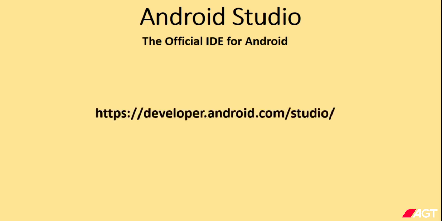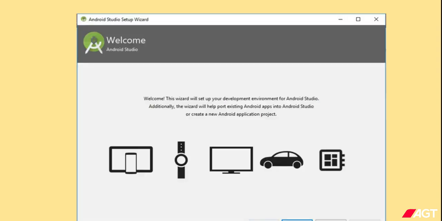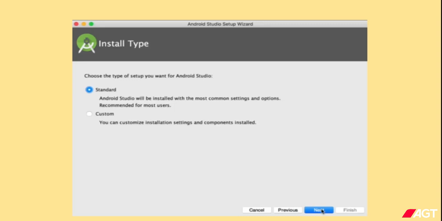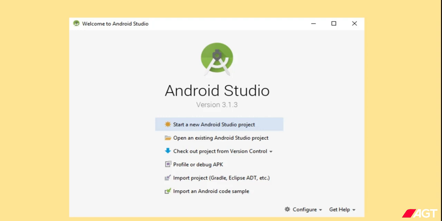Now you can download this application from the link that I am showing on my screen. Once you download the Android Studio, you run the installer. You will be asked whether to import the settings from a previous version of the Studio. In my case, I didn't have a previous version installed on my system. Click Next. Then you select the install type, and in my example, I have used the standard install. Once you verify the settings, the installer will download the latest SDK components and the emulator itself. Once it's finished, you will see the welcome screen,